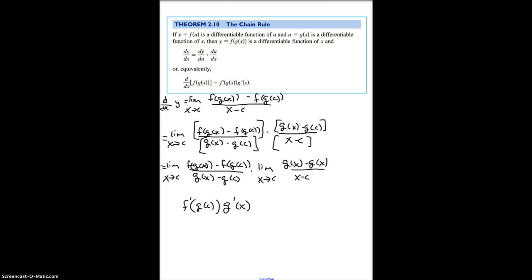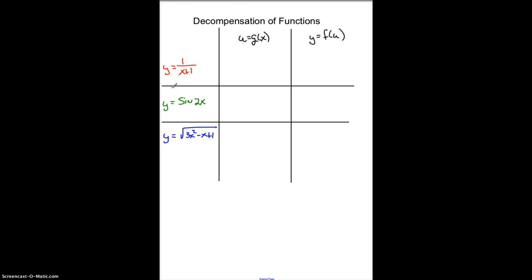The hardest thing about this is figuring out which formula is which. So the first thing you need to learn how to do is decompose your functions. Suppose we look at this first one. Y is 1 over x plus 1. And what we're doing is we're looking for one function to be the overall function, the f of u, and then the inner function to be more the variables. You want to kind of step back and look. You kind of blur your eyes and you look at this one. You see this is kind of a 1 over x sort of situation, or maybe a 1 over